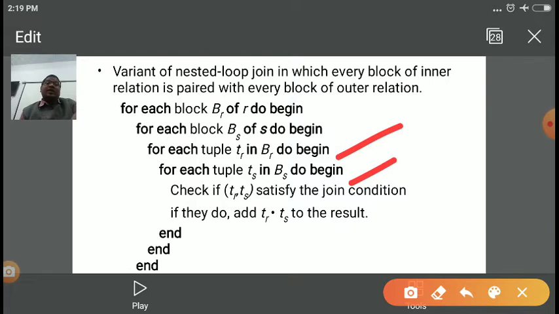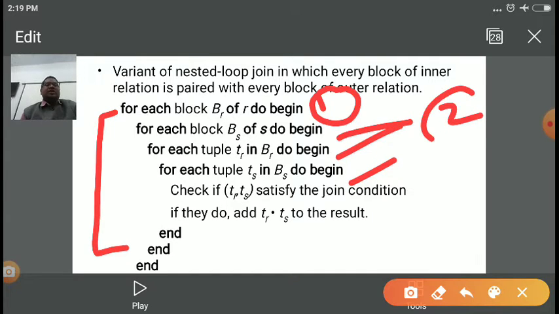Now we are additionally adding two more loops. First loop is for the outer relation blocks. So for each block of outer relation r, B_r, we need to do it for each block of the inner relation s. So first we need to process all the blocks of relation r. For every possibility of that, we proceed to the inner loop for every block of the inner relation s.